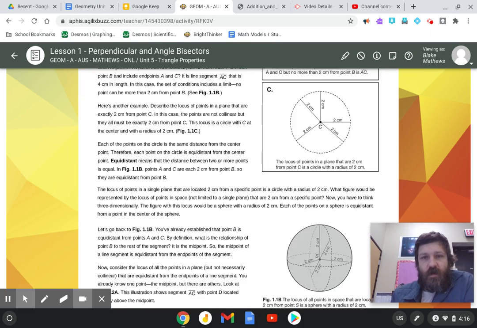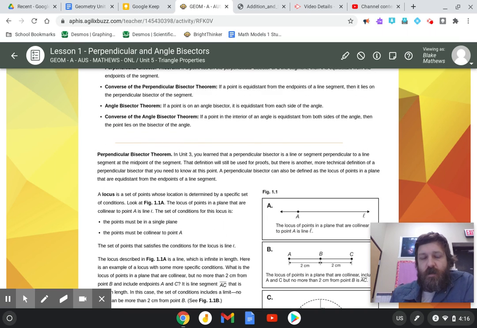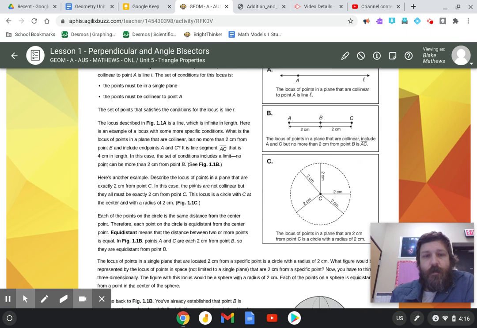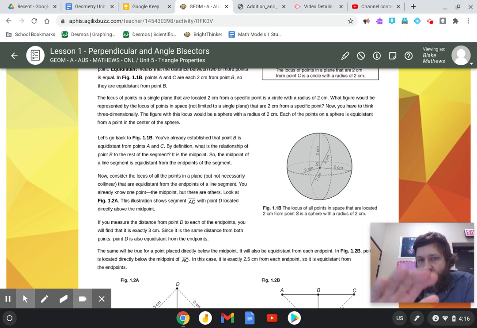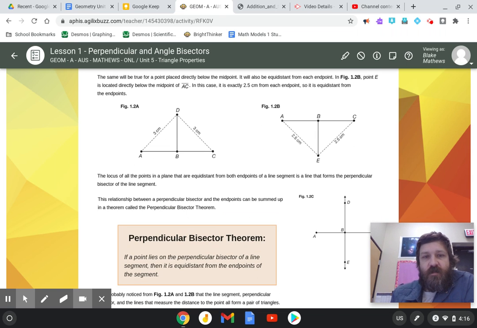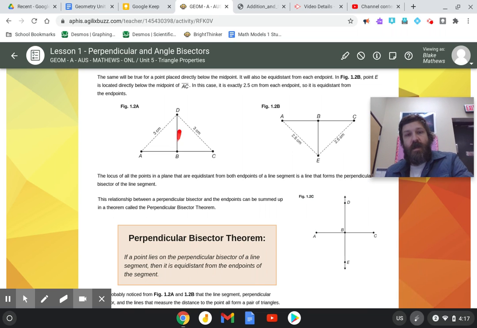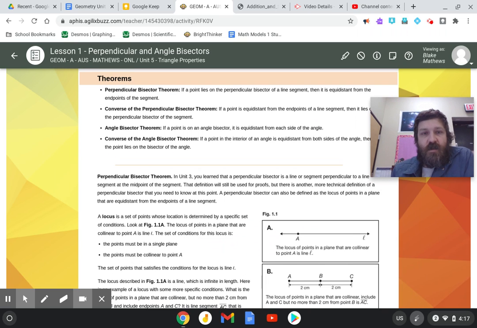Real quick, there's a discussion of some terminology at the top here that you need to read over. And then it gets to telling us what exactly a perpendicular bisector is. A perpendicular bisector is a line segment that bisects another line segment at a 90-degree angle. So it forms a 90-degree angle, like you see here, and it cuts the segment into two equal